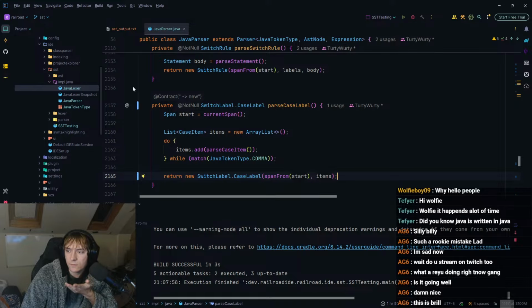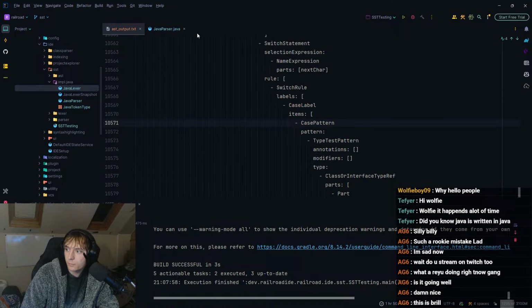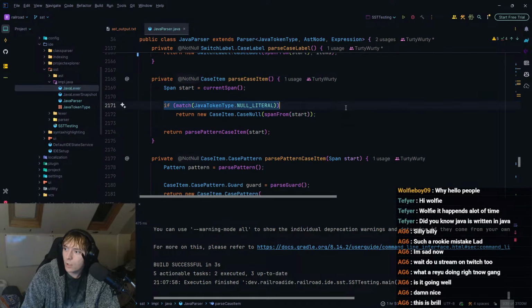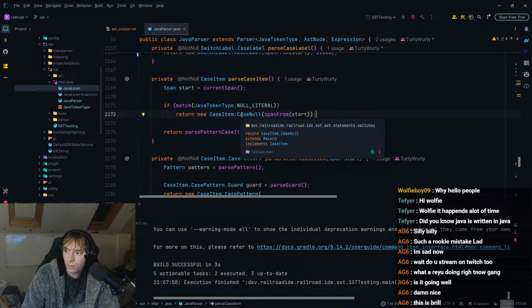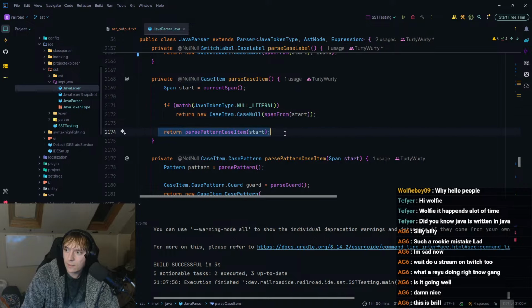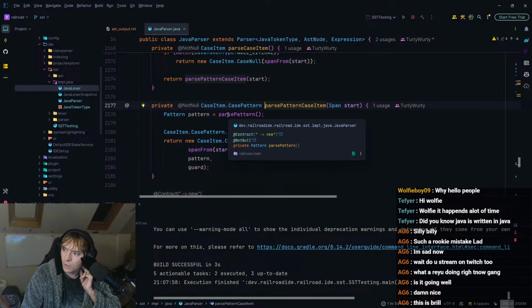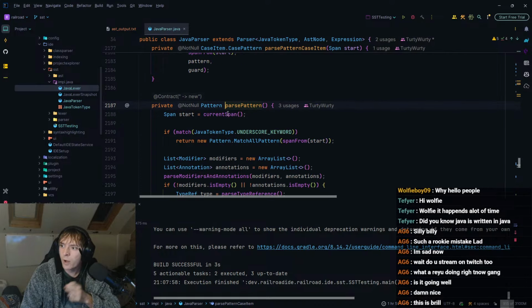Okay, but that doesn't solve the issue, of course. So it's trying to parse a case item. I think that's correct, because I think a pattern is a case item. So if we match null, then it's a case null. Else it parses a pattern case item. Is that correct? Yeah, I think so. So we'll go past pattern.